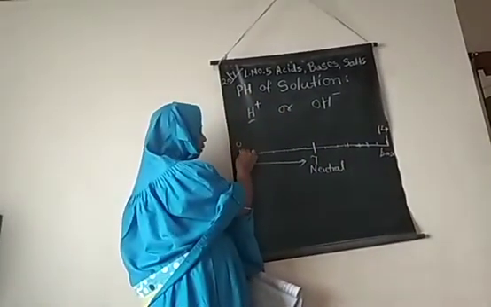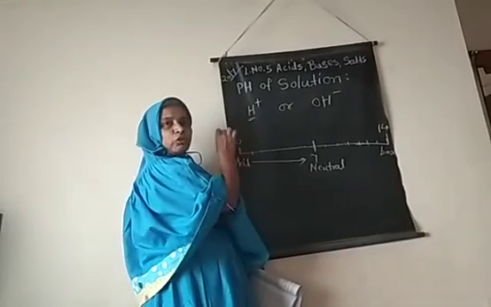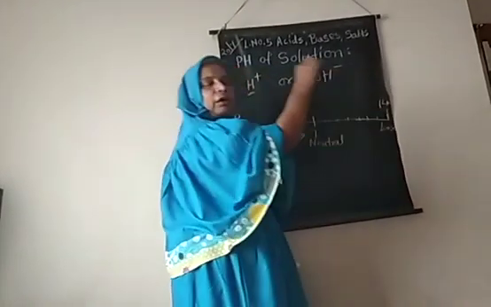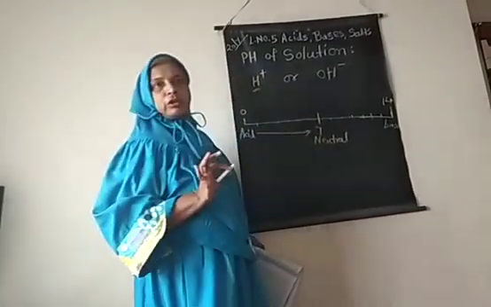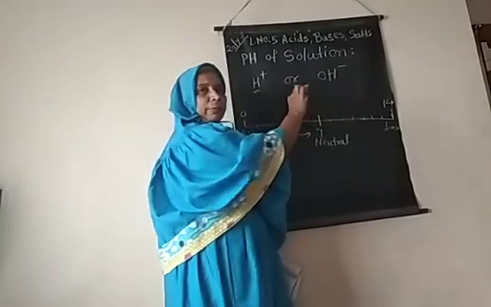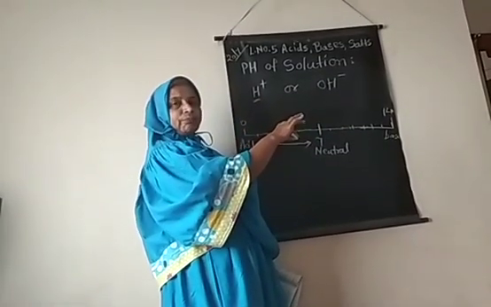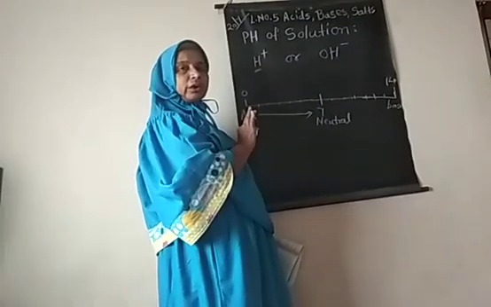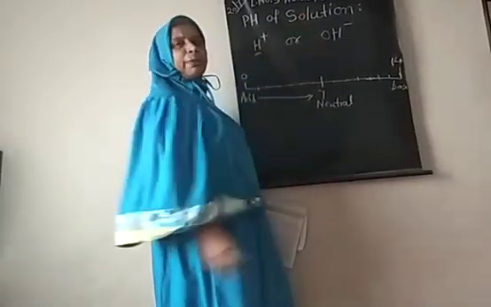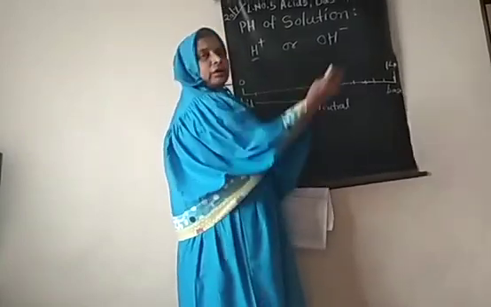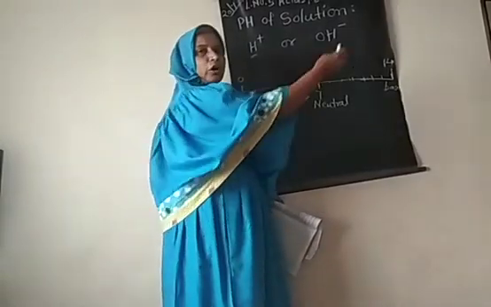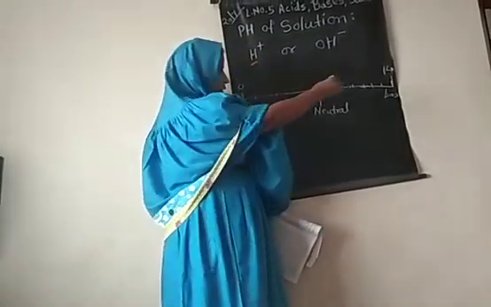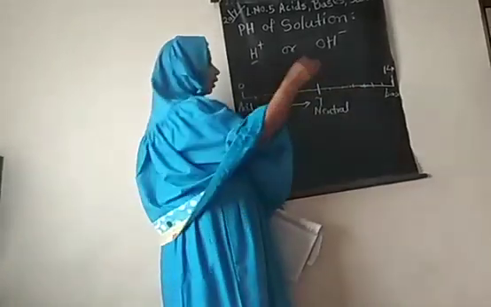So for the pH value of 0, the acid is concentrated, and for the pH value 14, the base is concentrated. Here this one is the neutral. So those chemicals which show the pH value 7 are considered to be neutral. In this way we are using the pH scale to represent the acid or base pH value depending upon how concentrated or dilute they are. So this graph shows the concentration of acid and the base.